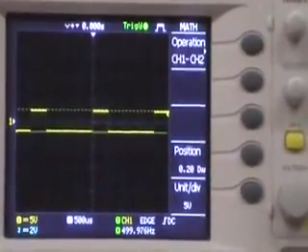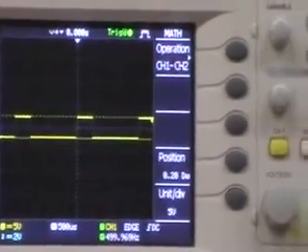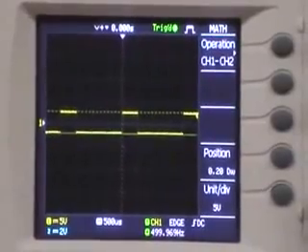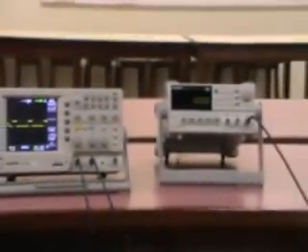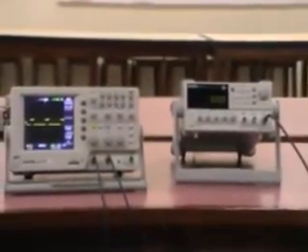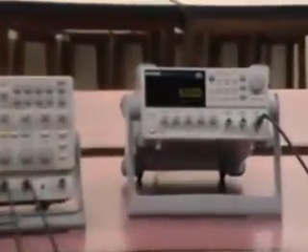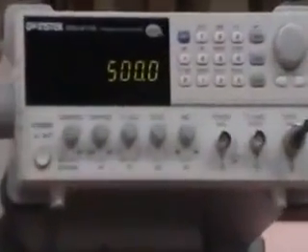Now the part of the experiment that we are going to show first is the generation of a 500 Hz square wave, that is an asymmetric square wave, from the function generator. Currently it is displaying a 500 Hz frequency, and from the wave button we have selected the square wave.